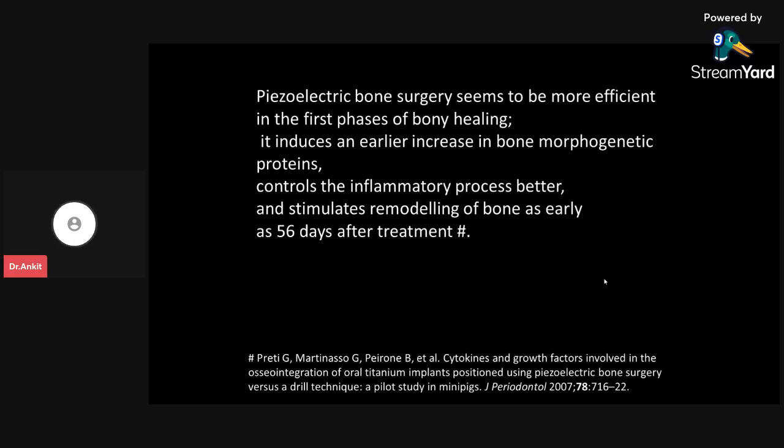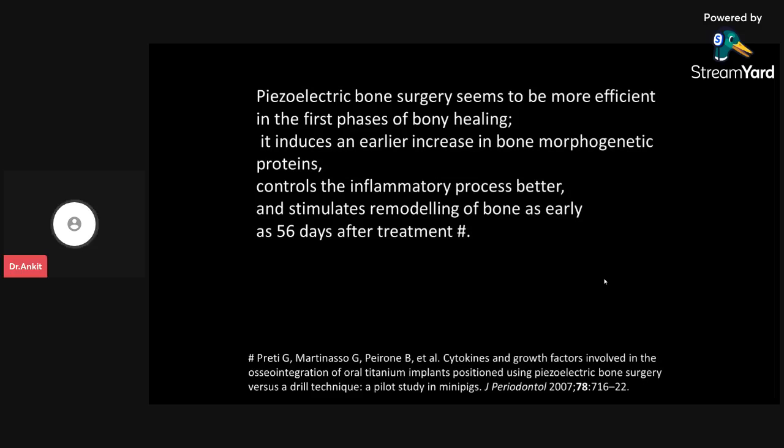It induces an earlier increase in bone morphogenic protein, and this bone morphogenic protein controls the inflammatory process. That is, it allows the bone to remodel, it allows the inflammatory cytokines to reduce, it allows the bone morphogenic protein to increase in concentration at that particular site, and hence it stimulates the remodeling of bone as early as 56 days after treatment, in comparison to 90 to